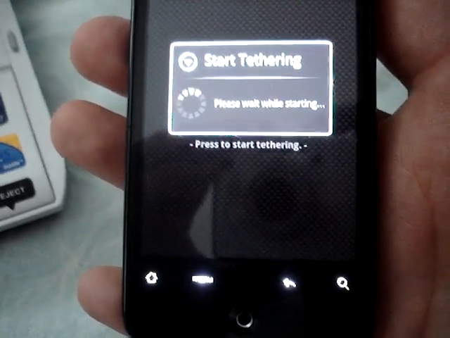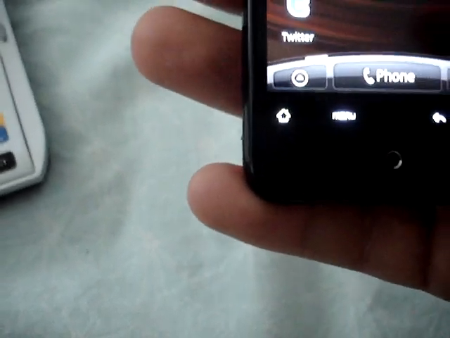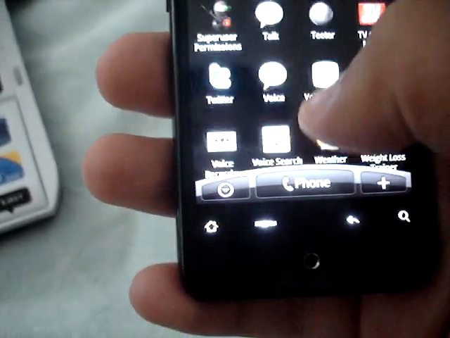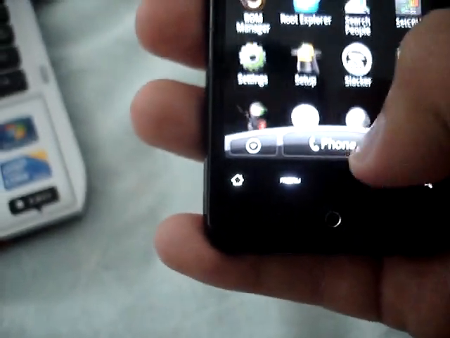So here, you'll see it go through fine. See, it goes through fine. You'll even see some traffic in the bottom, but it doesn't actually work. Like when you try to connect an actual device to it, it won't connect. But root explorer and other things do work. Let's try one of those real quick. Root explorer. It seems to work fine, which worked fine with the other method I had on here before, but